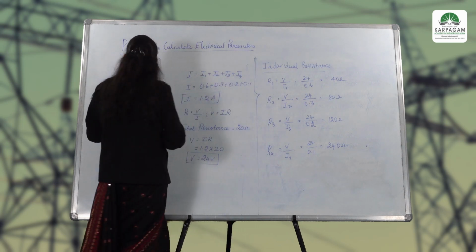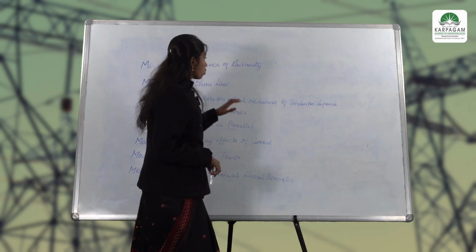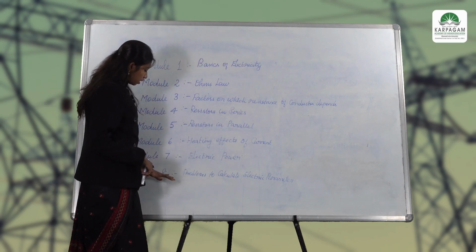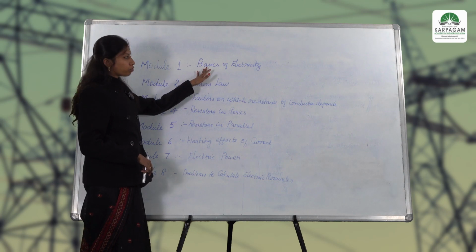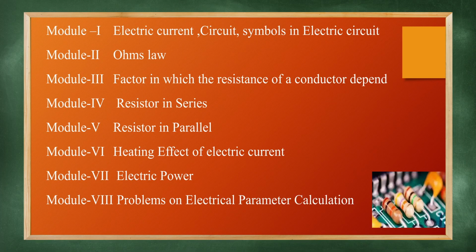This is how we need to solve a parallel circuit. So this is what we have covered in the entire module. In the first module, we came across the basics of electricity, in which we discussed that current is nothing but the rate of flow of charges, the potential difference is the work done in moving a unit positive charge from one point to another, and power is the rate of transfer of electrical energy in a circuit. And we also discussed the particular symbols that are used in an electrical